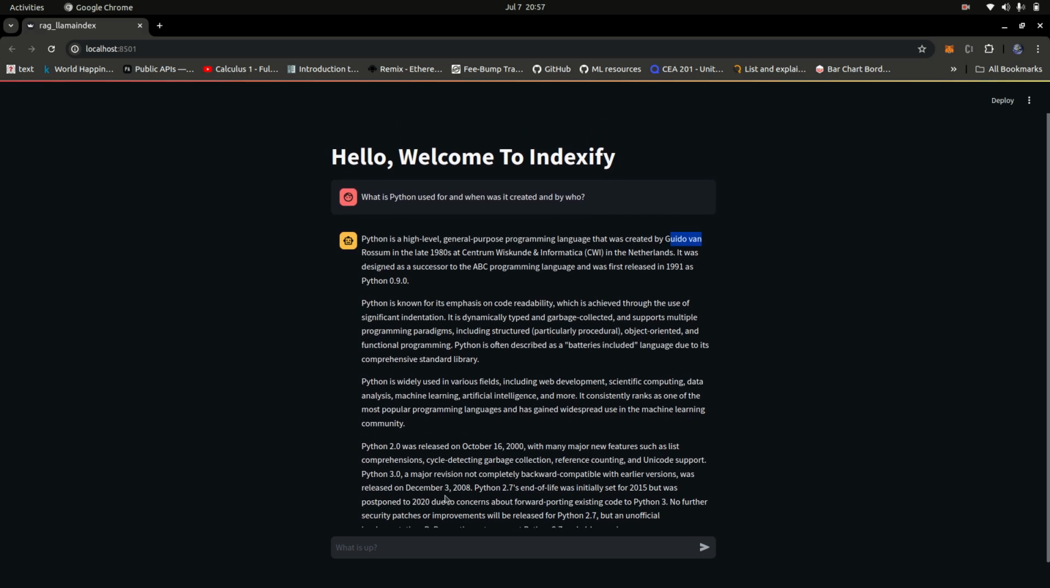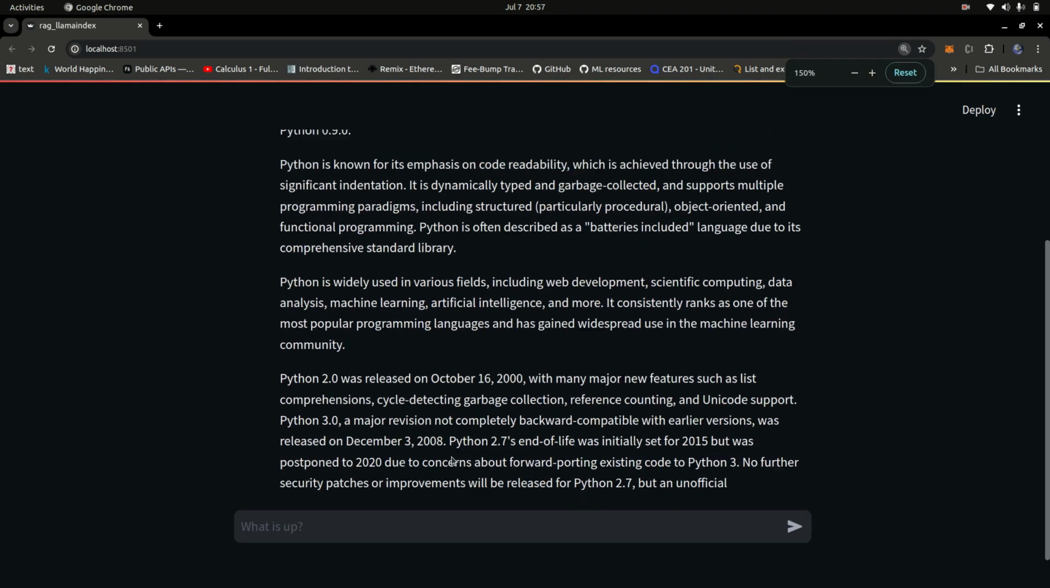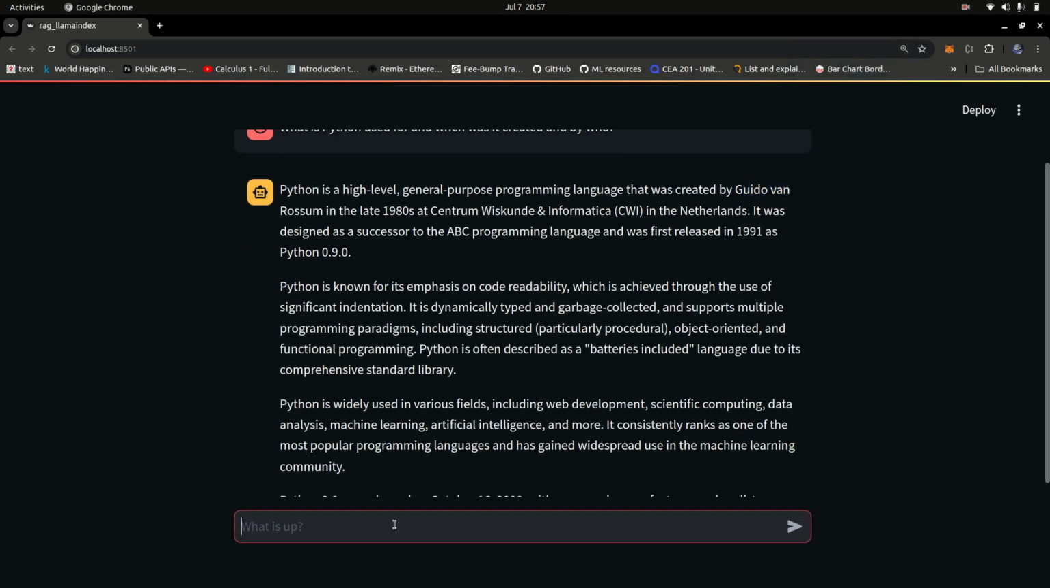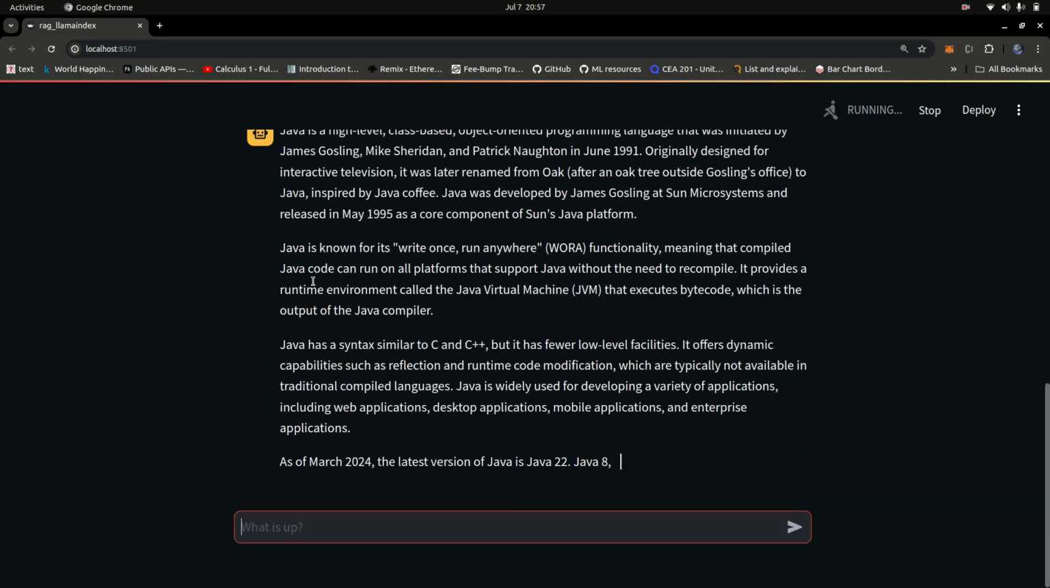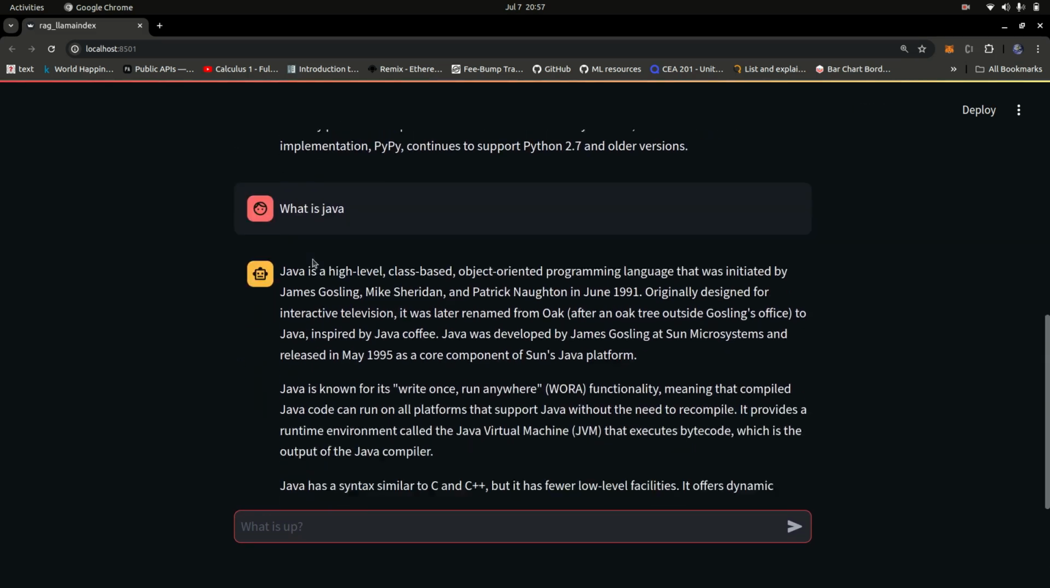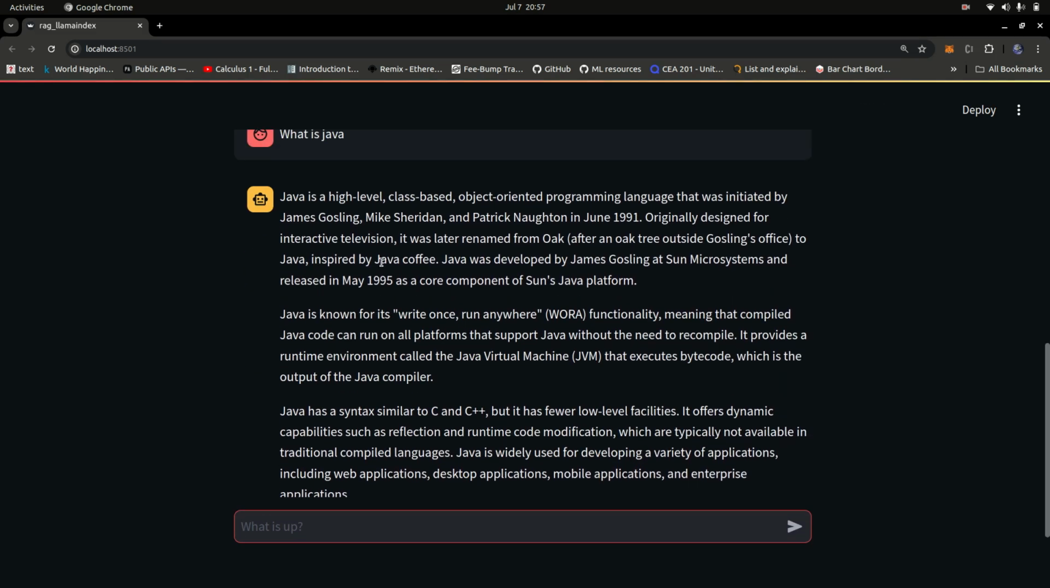You can go ahead and ask different questions about Java. Let me just zoom in so you guys can see. Let me ask a question: what is Java? And let's see what response we get back. So Java is a high-level language, and you can see the responses right here. All that response is coming to us. That's basically how the application works and how you can build a simple RAG application